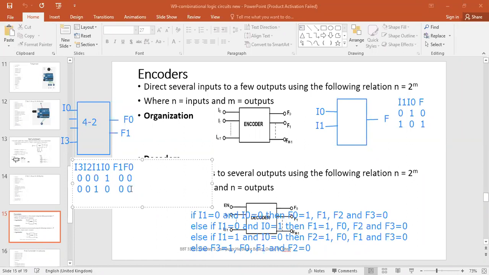Output? 0, 1. Output is 0, 1 because we want to change this one to 1, because we are changing 1 to binary, so it will be 0, 1. Otherwise, the next one should be given by